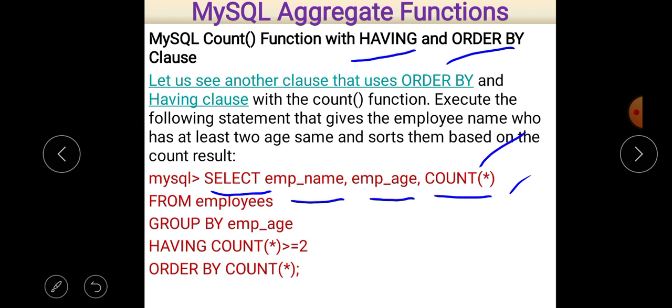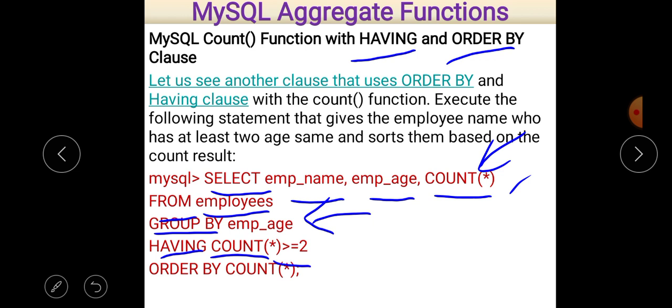Star means all records, all rows will be counted. Then from employees, employee is the name of the table. Then group by, so I make a group on the basis of employee_age, and just after that we give a condition, and the condition says that count star is greater than or equal to 2.